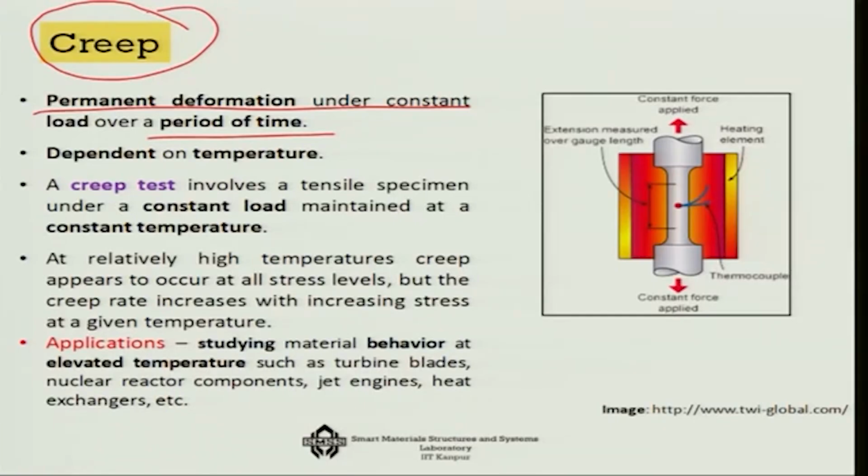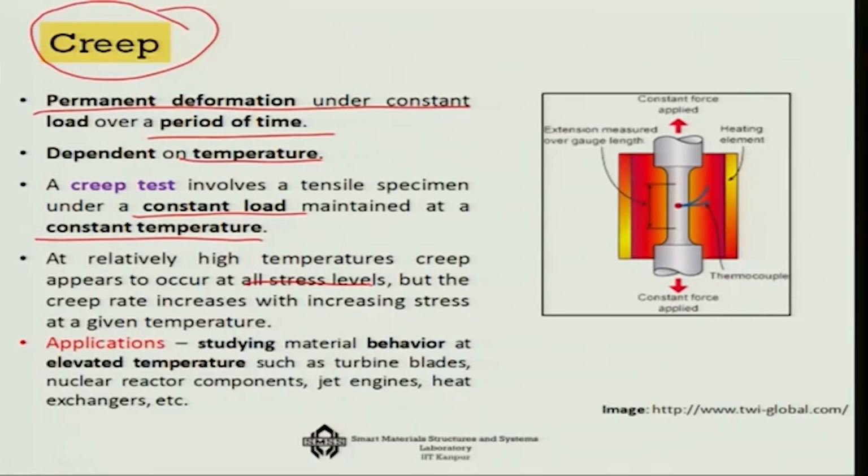Now, creep has a very high temperature dependency. Naturally, if the temperature is more, as you are going closer to the melting point, you are getting a flow like behavior. So, under loading, this effect of permanent deformation will be much more. And a creep test generally involves a tensile specimen. Once again, you can use a universal testing machine under a constant load and a constant temperature. That temperature is important,